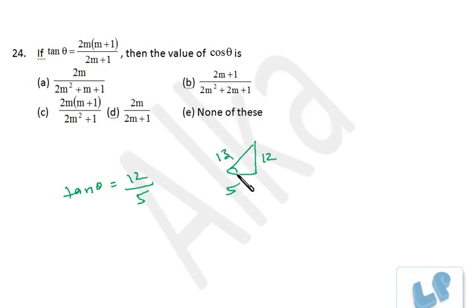Theta is this angle, so cos theta will be what? 5 by 13, right? So that 5 is 2m plus 1. Let's see whether we get 13 or not if I put m as 2. So 2 2s are 4, 2s are 8, plus 4, 12, and 1, 13. As simple as that. So if you don't want to play with the variables, just take a comfortable value of the variables. I'm sure you are getting me.